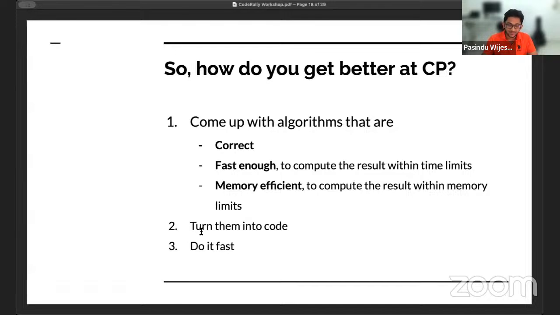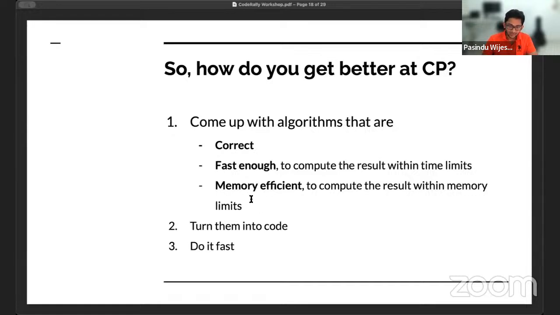So the second step is where you need to learn some programming languages. You can start with one, get better at it, and then, if possible, expand into a couple of programming languages as well, such that whenever you have an algorithm, you should be capable of turning that into code so that it can execute without running into compile time errors, and then properly turn it into code so that we can submit the solution.